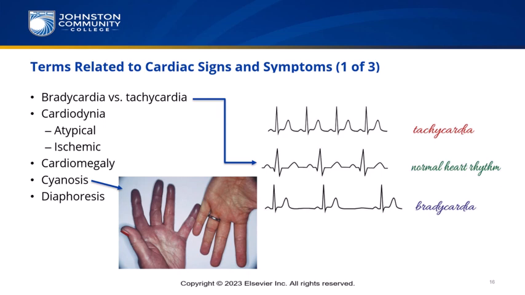Then we have cardiodynia. Dynia is our suffix for pain. So therefore, cardiodynia is heart pain that can be described as atypical or ischemic. Atypical, remember A meaning no, not, or without, is a stabbing or burning pain that is variable in location and intensity and unrelated to exertion. Ischemic pain is a pressing, squeezing, or weight-like cardiac pain caused by decreased blood supply that